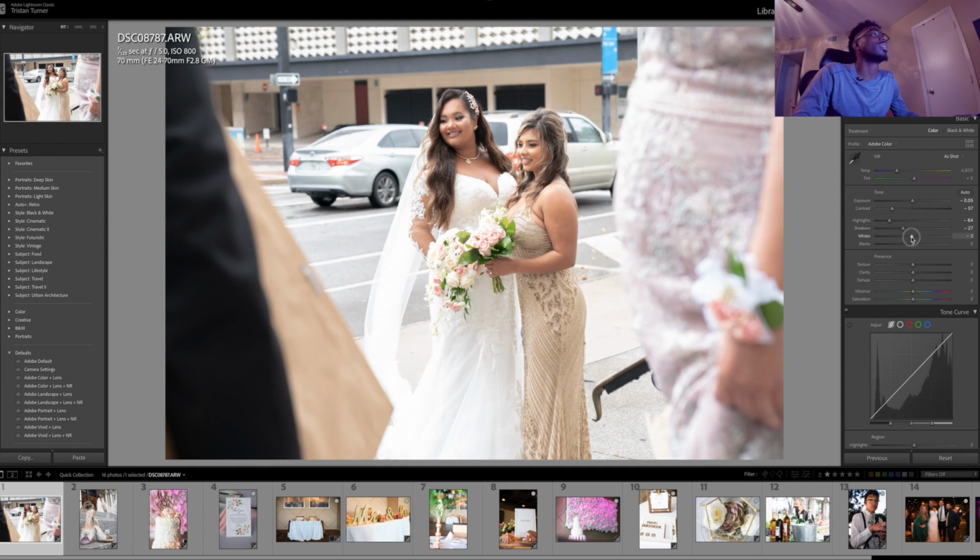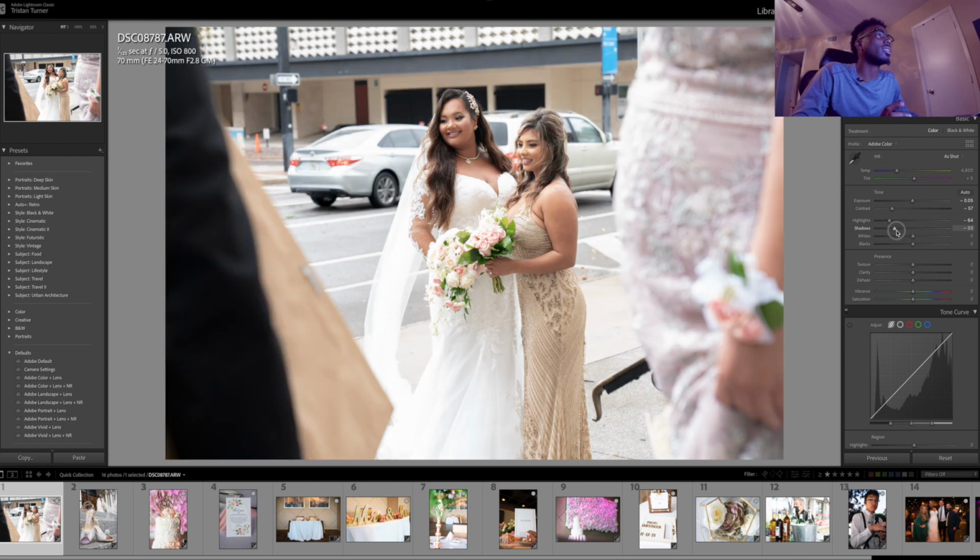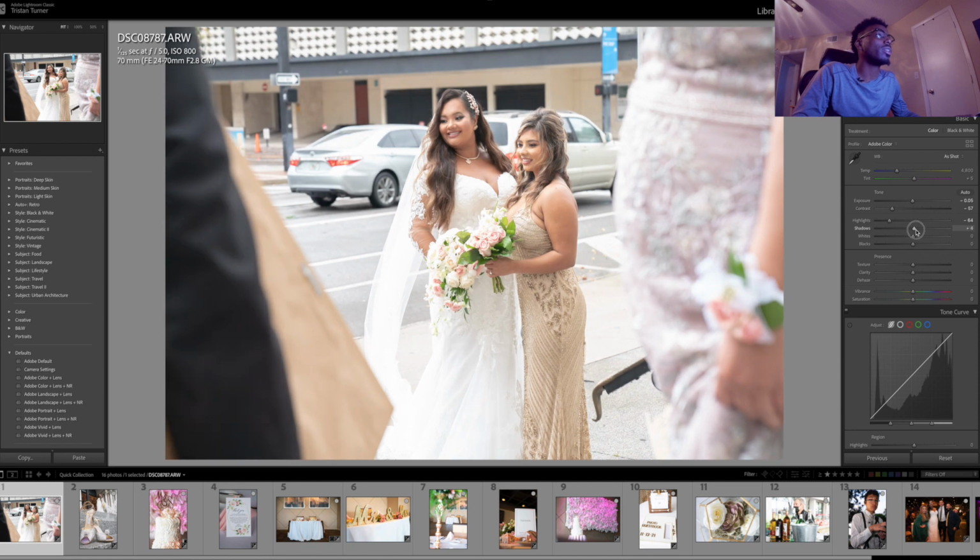And I think I want to bring the whites down. All right. Now, sometimes you got to play with some of the parameters to see what you like, what you don't like. That's typically what I do. Play with some of the parameters, see where the sweet spot is for you. And then when you get to a point that you like,